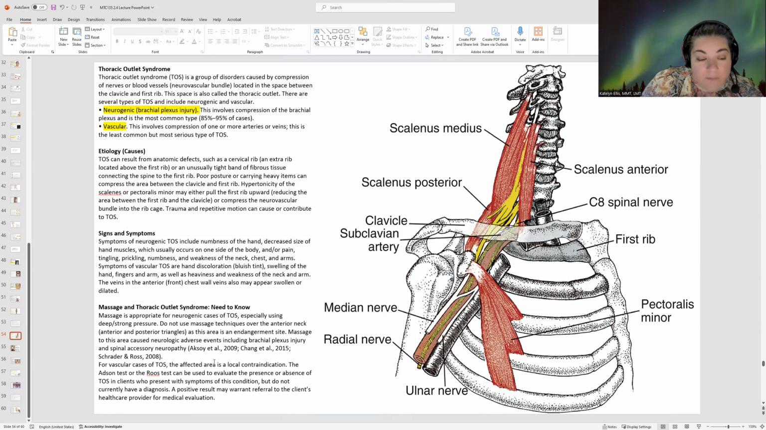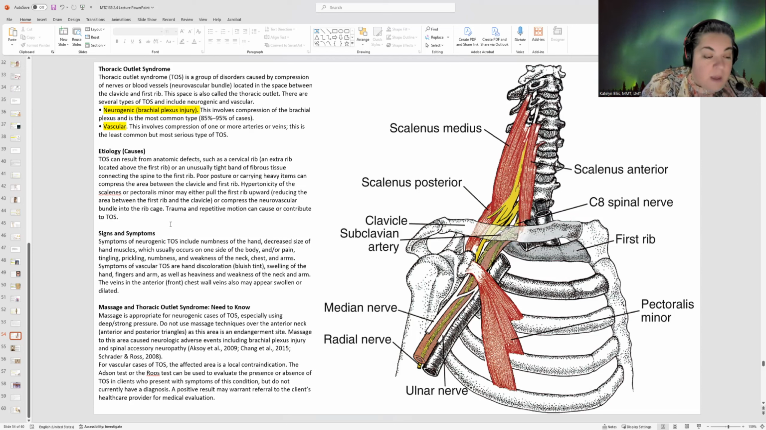Massage is appropriate for TOS, especially using deep or strong pressure. Of course, don't use deep or strong pressure over the anterior neck. We're not trying to choke our clients. This area is an endangerment site. You definitely don't want to put heavy pressure on the brachial plexus, but you can on the thicker muscles